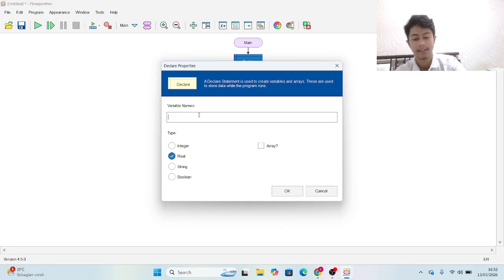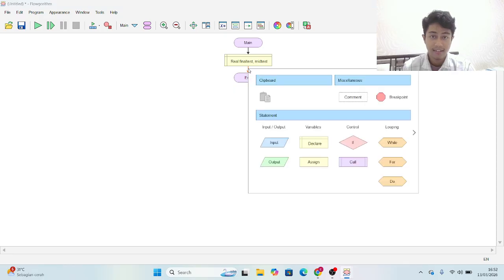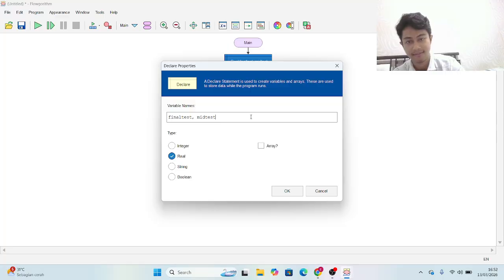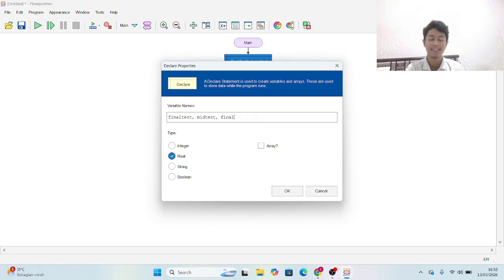So we declare final test and mid test. And then don't forget to add final grade. Don't use a space, because a variable doesn't work with a name containing a space, so we don't use a space in here. So final grade,